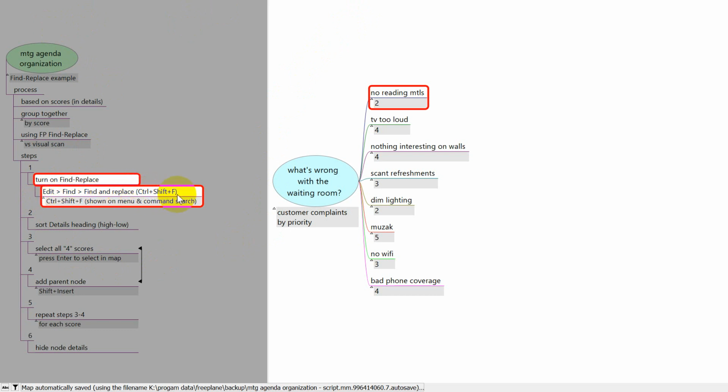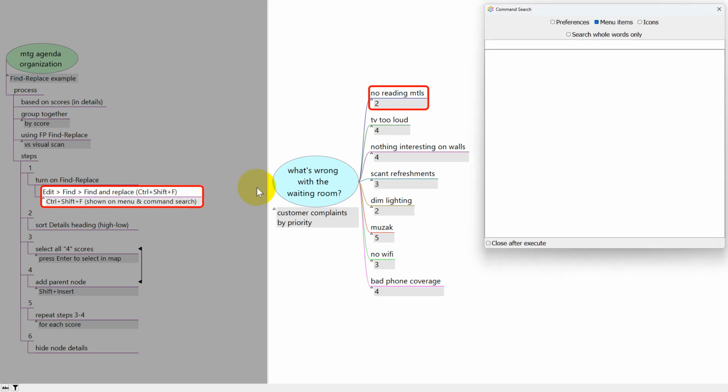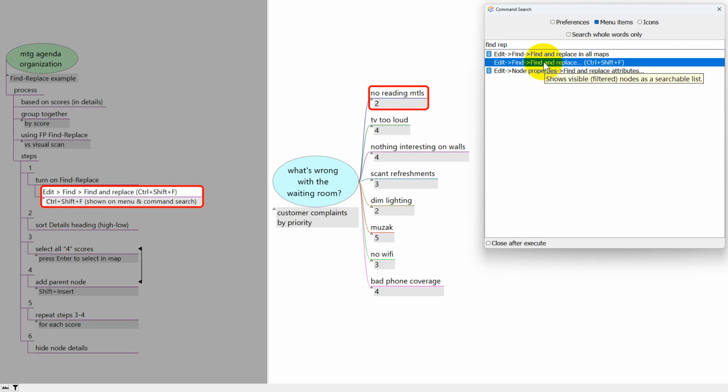Anytime there's a hotkey assigned to a function in Freeplane, you'll see it in the menus. You'll also see it in command search. And when I'm in full screen mode, I use command search all the time. It's Control F1. I can type in find, replace. I don't even have to type the whole word, and there it is again, with the hotkey. I'm going to double click on this to find